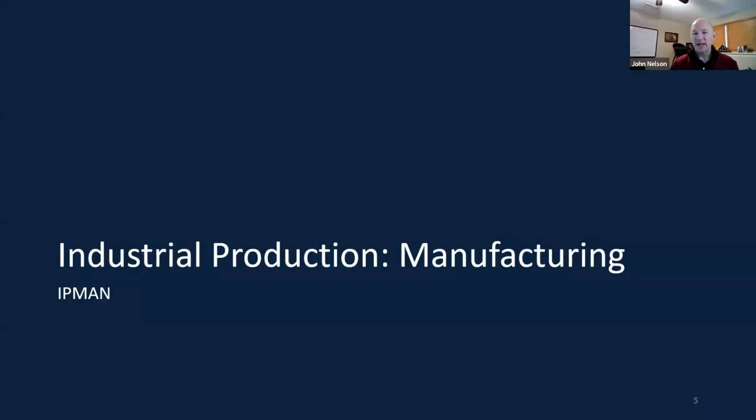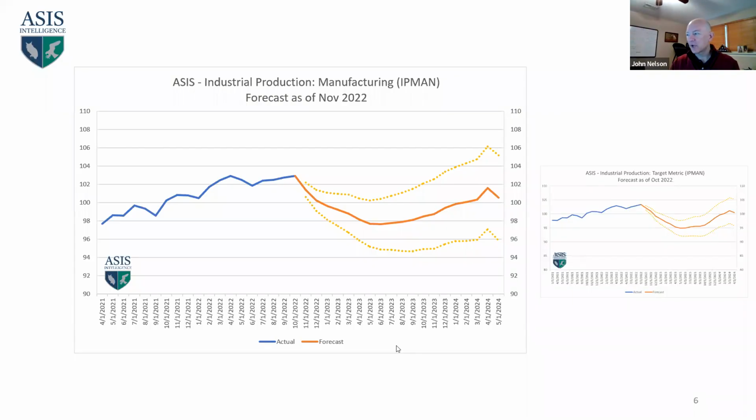Okay, first thing we're looking at is the overall index of industrial production for manufacturing. And here's the forecast for November, and it's really not much of a different forecast at all from previous months. If you look at the scale, it's almost exactly the same from one month to the next. Maybe a little bit of a steeper drop, but you're talking a point or so initially. But the story remains the same for industrial production for manufacturing. We got this upcoming dip that's going to take us into this coming summer, where we're going to start the